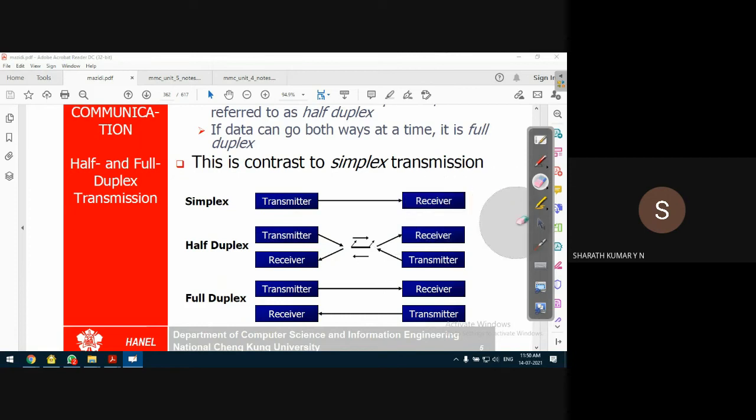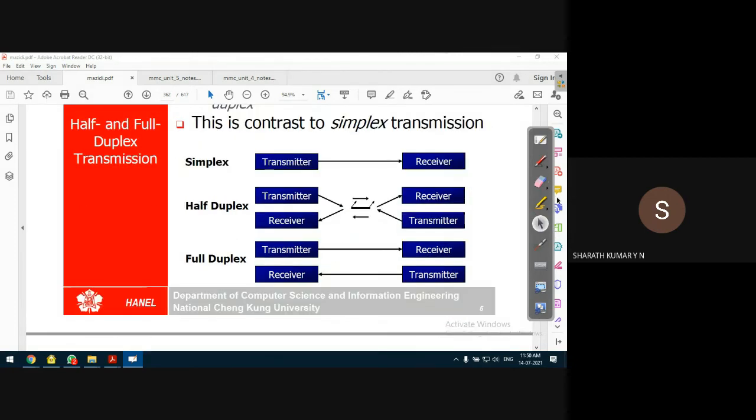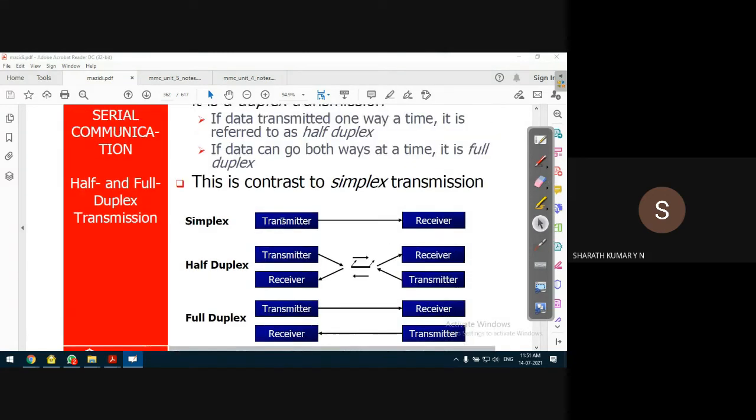Whereas in a full duplex communication, parallel means two-way simultaneous communication is possible. This device, let us say D1 and D2. D1 can act as a transmitter as well as a receiver at the same time. Similarly, D2 can also act as a transmitter as well as receiver at the same time. So communication is possible in both directions at the same time. Example, a PC connected to a server. So there is two-way parallel communication possible, which gives better performance in terms of speed of operation.